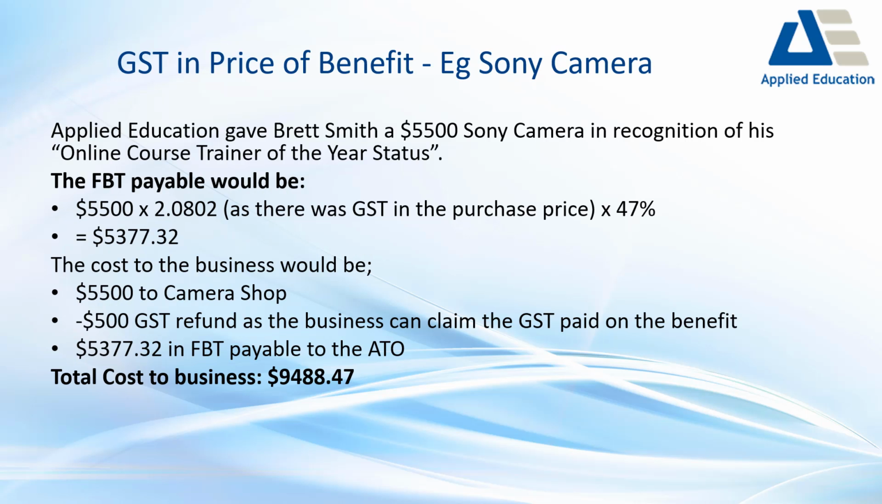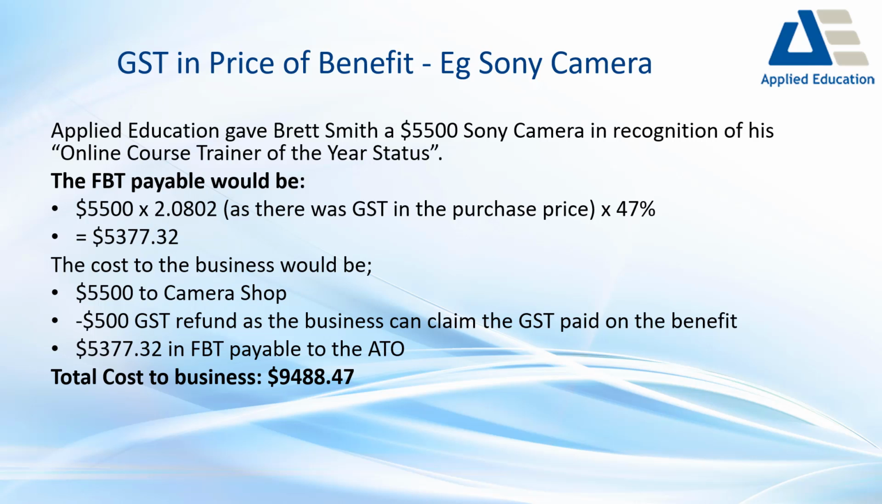Let's also say we gave an employee, Brett Smith, a $5,500 Sony camera in recognition of his online course trainer of the year at Applied Education. So that camera cost us $500 in GST, $5,500 times 2.0802 being the gross up factor times 47% means $5,377 would be the FBT we pay. So the cost to the business would be $5,500 to the camera shop,